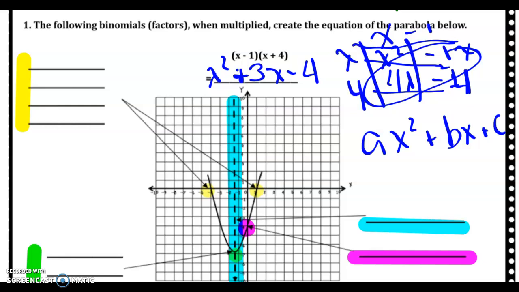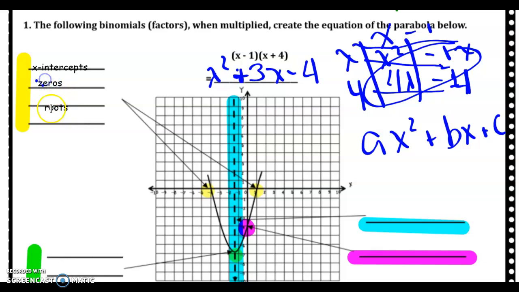So you're going to see yellow. I have the yellow right there. You can see them marked on the graph. So I'm going to write up here the first thing I notice, and I notice that they are my x-intercepts because they are where we intersect the graph. Another word for x-intercepts is zeros, because that is where we see our zeros. The value of y is 0, so we call them the zeros. We also call them the roots,